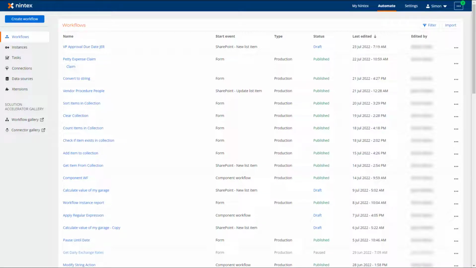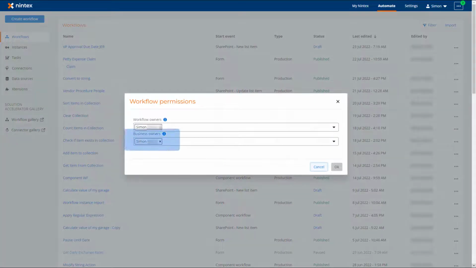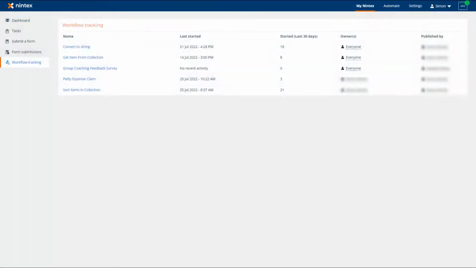In this video, we will look at the Workflow Tracking Run Now feature for business owners in Nintex Workflow Cloud. When business owners are configured for a workflow, the workflow will appear in the business owner's workflow tracking page. To navigate to the workflow tracking page, click on My Nintex from the top navigation bar and select Workflow Tracking